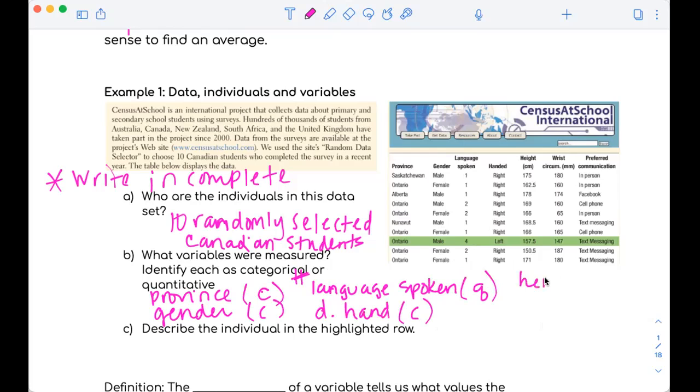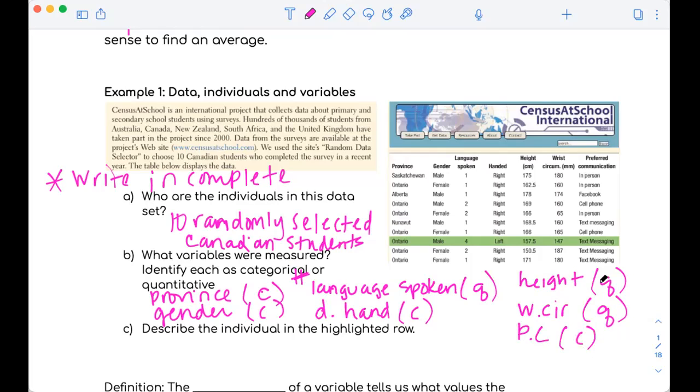Height is quantitative. Wrist circumference is quantitative. And preferred communication, I'm being super lazy with this, just so the video isn't like 20 minutes long,